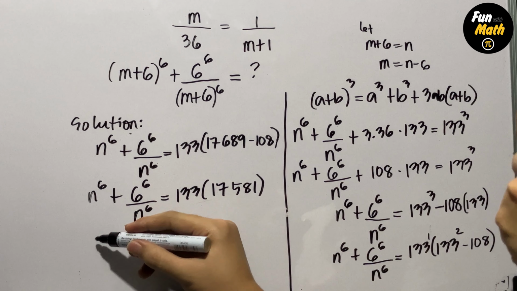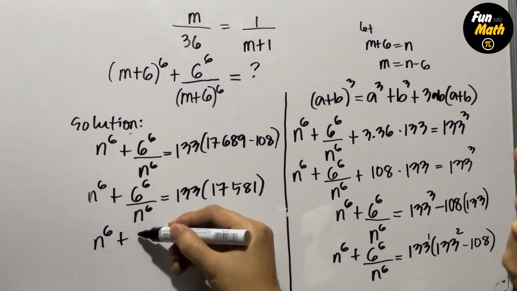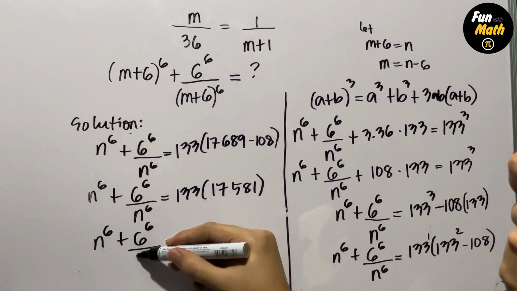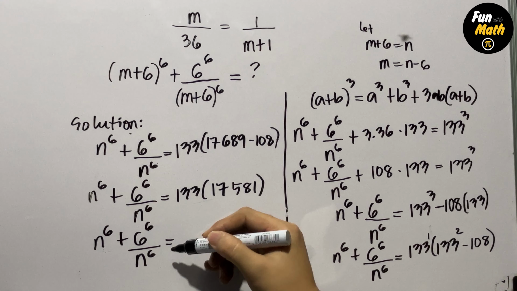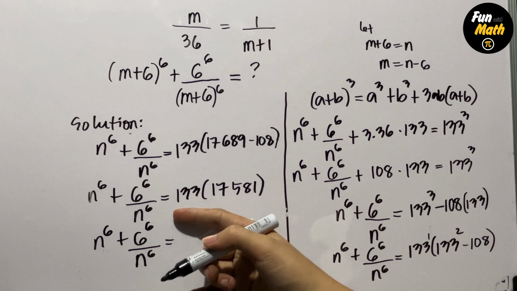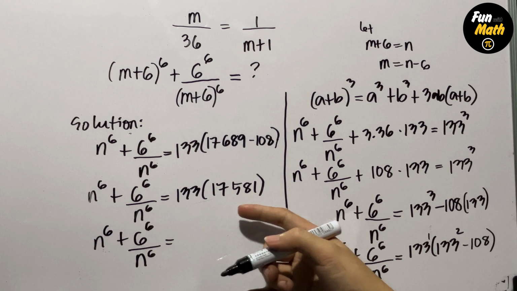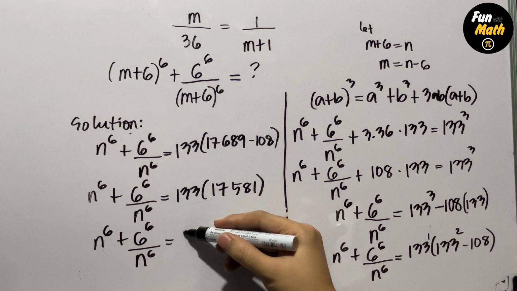And now this is n^6 + 6^6/n^6 equals 133 times 17,581. That is equal to